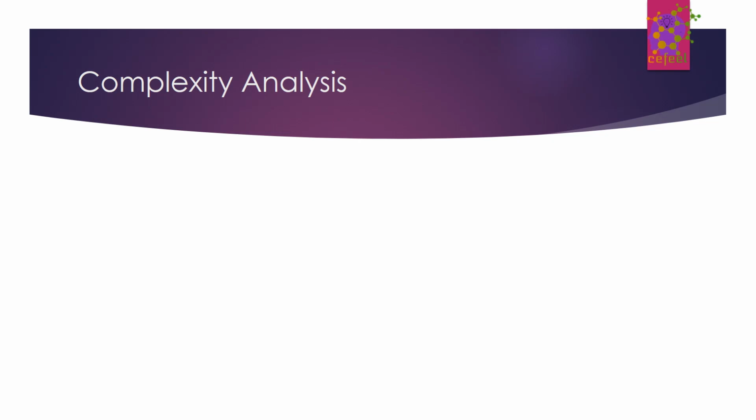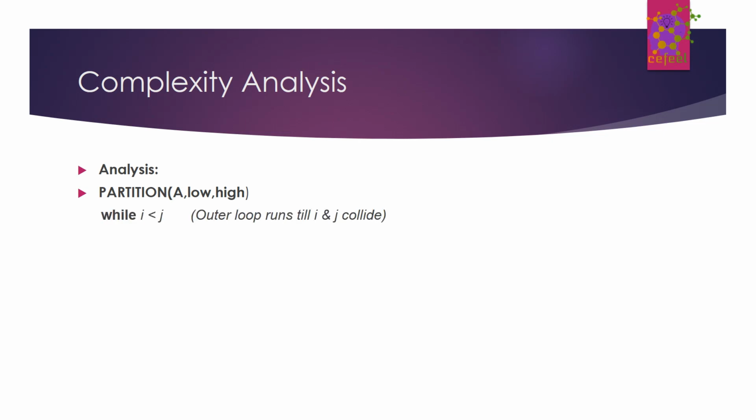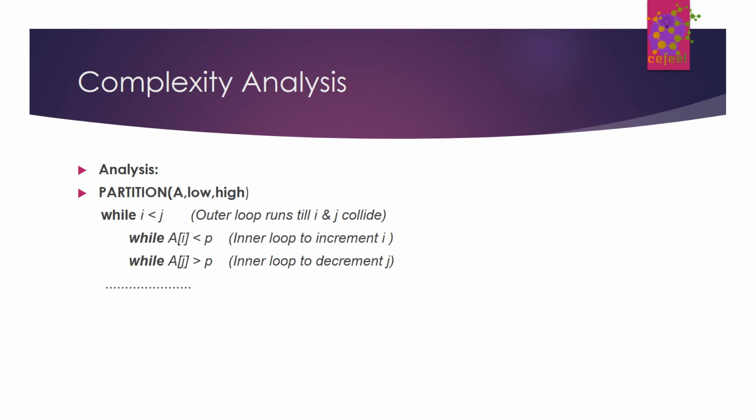It has in fact two parts. The first is the partition. So let's first see the partition algorithm and how it runs. In the partition algorithm there are three while loops, and in fact there are two while loops inside of the first while loop. But if you notice, those while loops actually all run on the same values. The inner while loop runs on i, the other inner while loop runs on j, and i is just moving right and j is just going left,